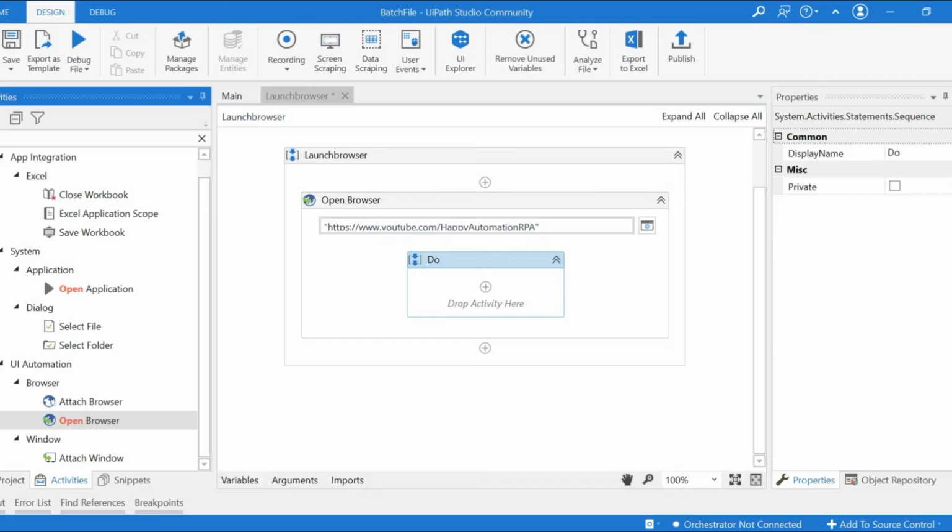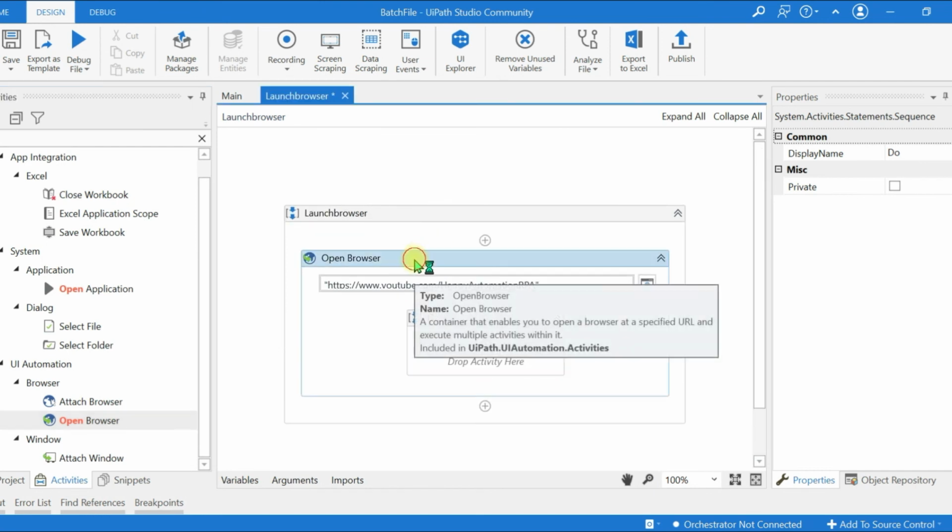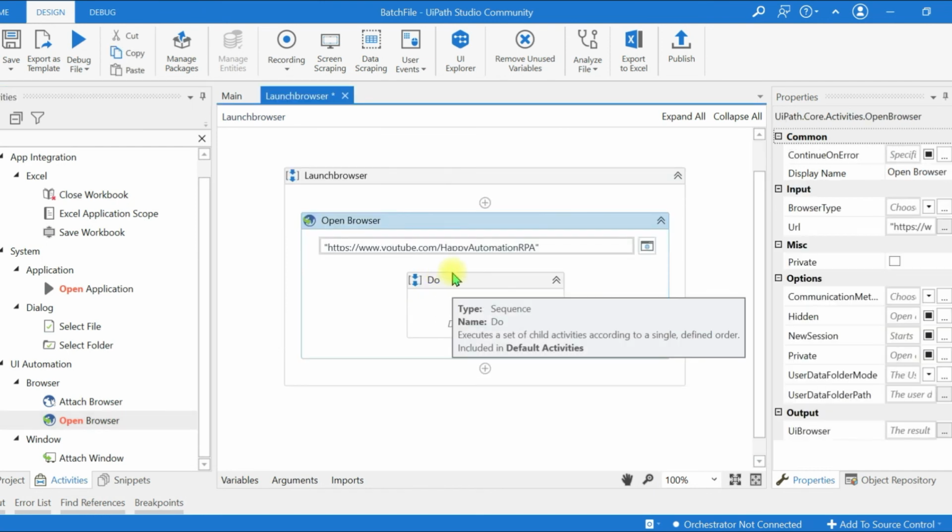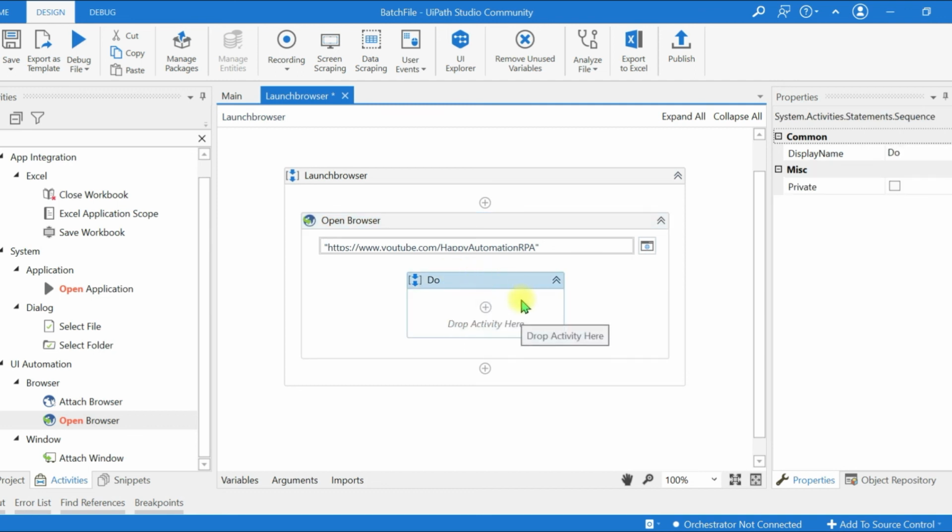The same applies in RPA automation. If you look, we have an option to open a browser, and apart from just opening the browser, it gives an additional option: whatever we wish to do after launching the browser, we can include those steps in the sequence. The automation concept is continuously evolving and still growing. AI/ML has already been introduced in RPA automation, and they are terming it cognitive RPA. It's a separate topic.